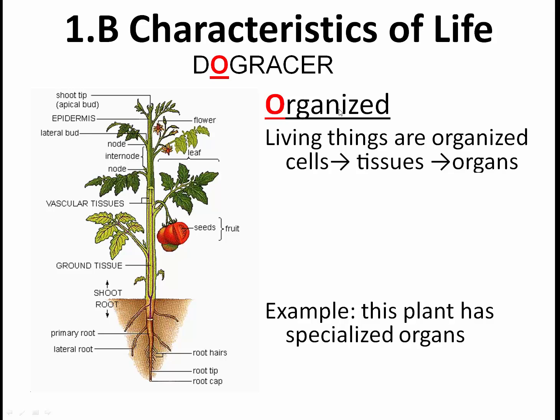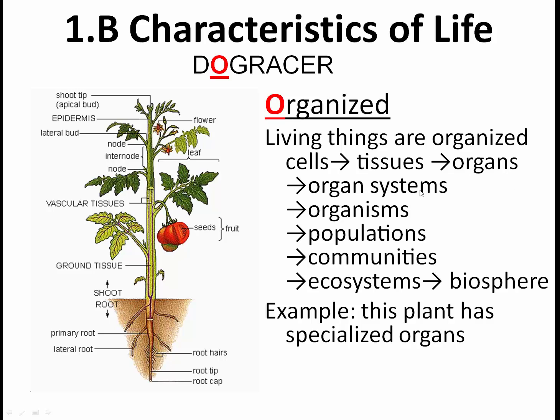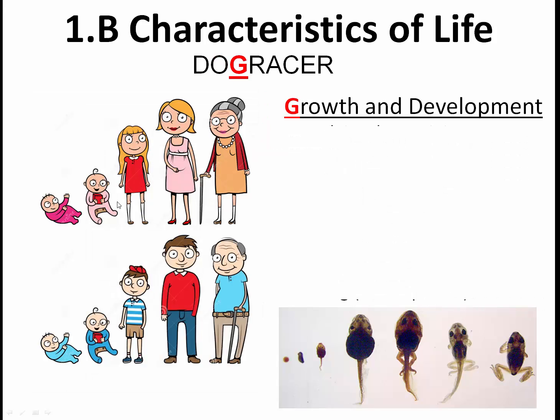The O stands for organization, where all living things are organized into a cell, the smallest part of a living object. If you go any smaller than this, you have organic molecules. Go any smaller than that, and you have atoms. The cells make up tissues, the tissues make up organs, the organs make up organ systems, and the organ systems make up organisms. Organisms together make up populations, communities, ecosystems when the communities work together, and the biosphere, the sphere of life. An example of that organization